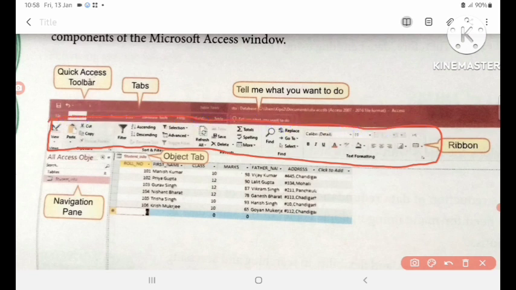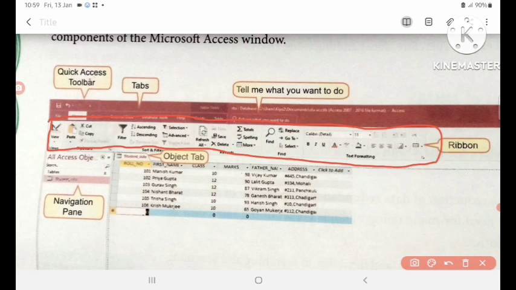You are to know about the ribbon and what is the work of the ribbon. Actually, it has various tabs, each with several groups of relevant commands. Some tabs appear when you work with certain objects like forms. Such tabs are called contextual tabs.